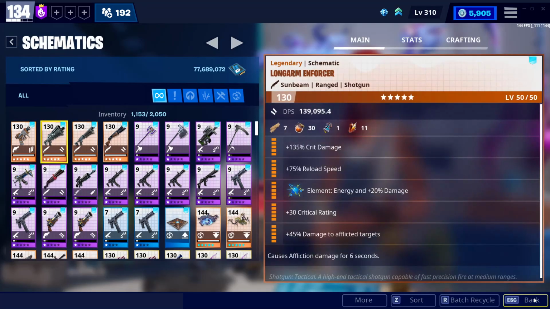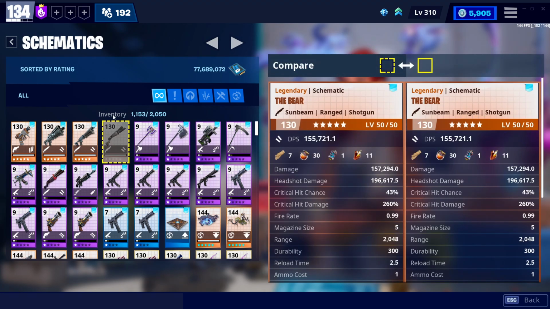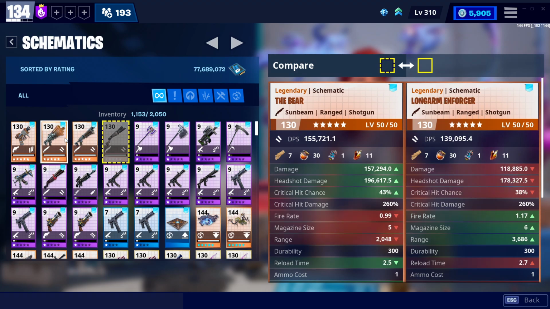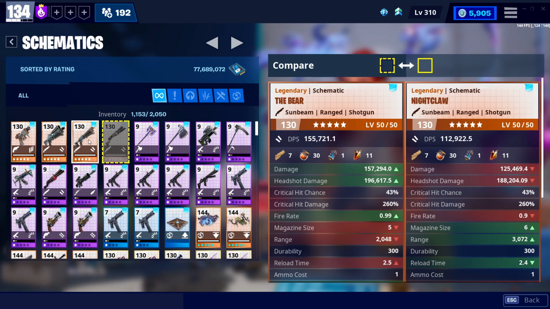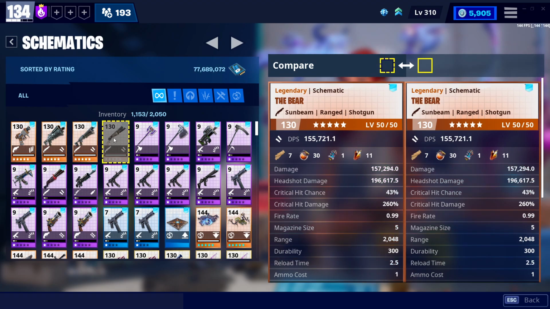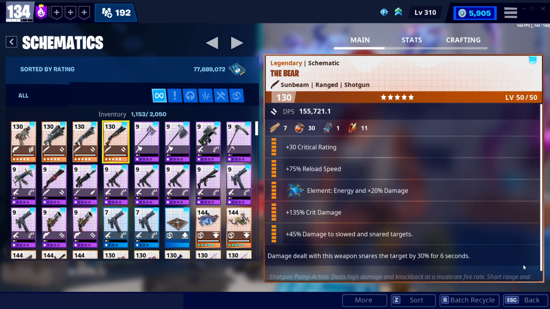And the other reason is these are not that exciting. I have the Bear favorited because it is basically a better version of both of these. It does more damage than either of them, which is more important, and it has higher DPS, which, like I said, isn't important, but it also does sort of matter. It has the same 43% preferred crit chance, which is a little bit higher than the Longarm Enforcer, and I think it shoots a little slower. But honestly, the fire rate isn't that big of a deal. The Bear does have less range, but it's not a big deal because it's a shotgun, so it is basically a strictly better version of the Nightclaw and the Longarm Enforcer,